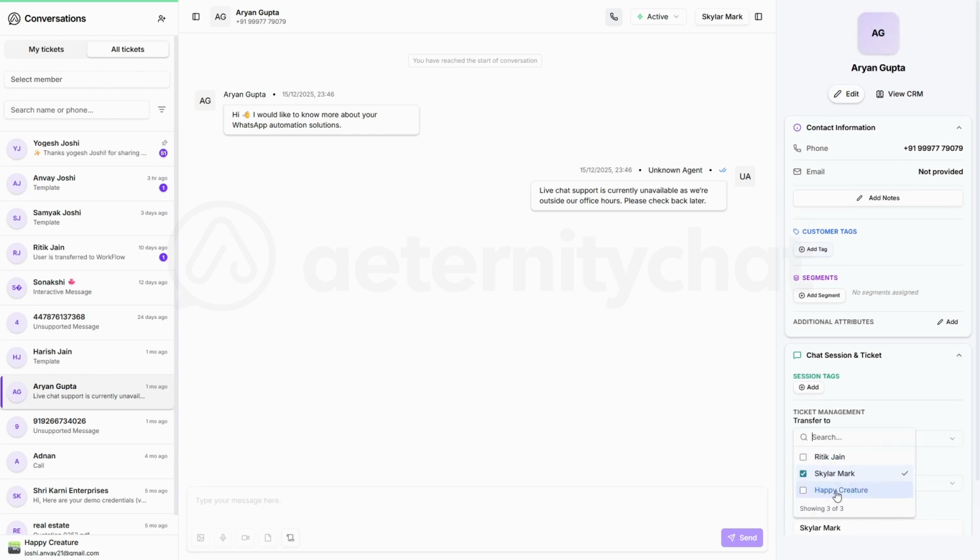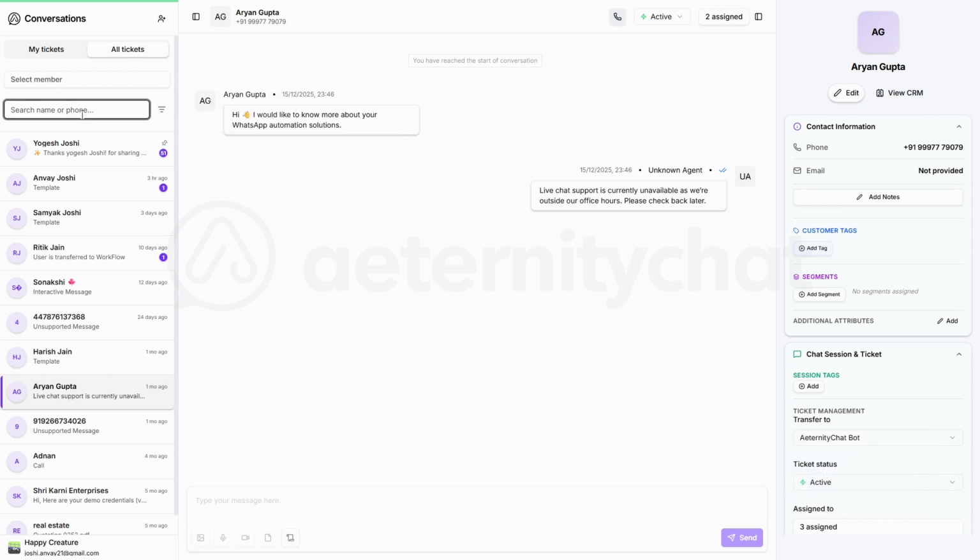You can even assign one conversation to multiple agents, meaning multiple people can handle the same customer at once if needed. You can search for people by name or phone number using the search bar so you can find anyone quickly. There's also a view mode option where you can select to watch all chats, archived chats, or hidden chats.